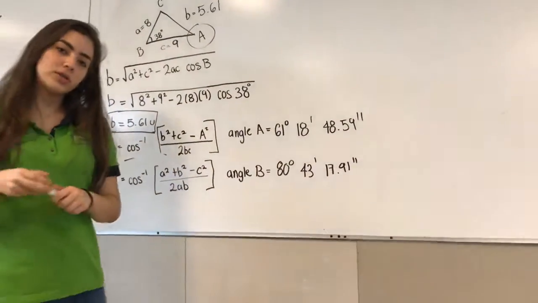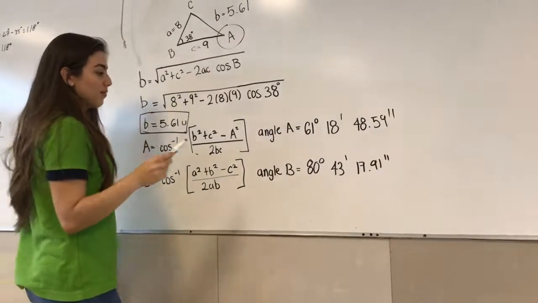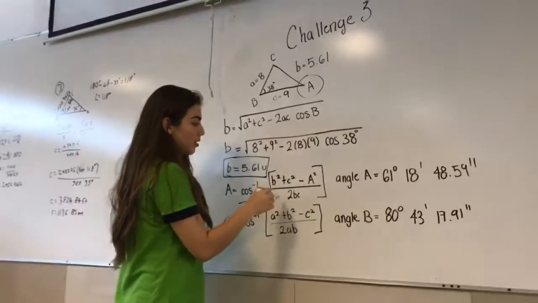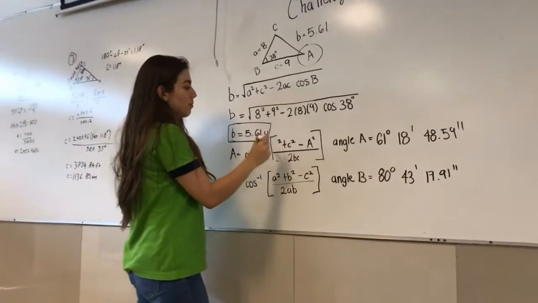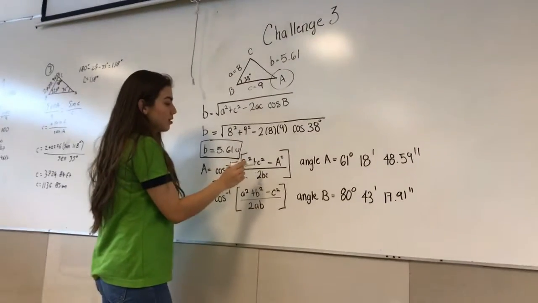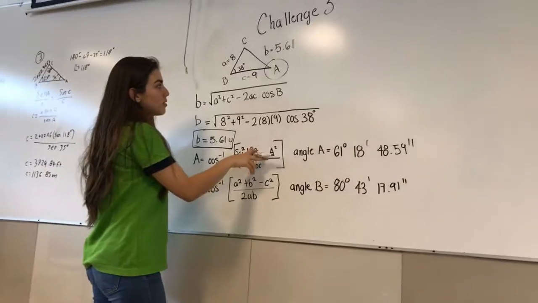All we have to do is substitute the values: this will be 5.61 and this will be 9 minus